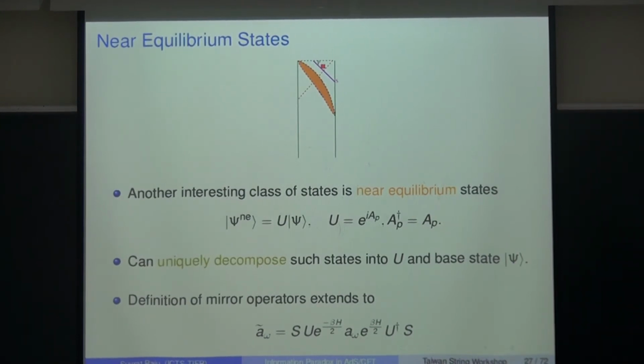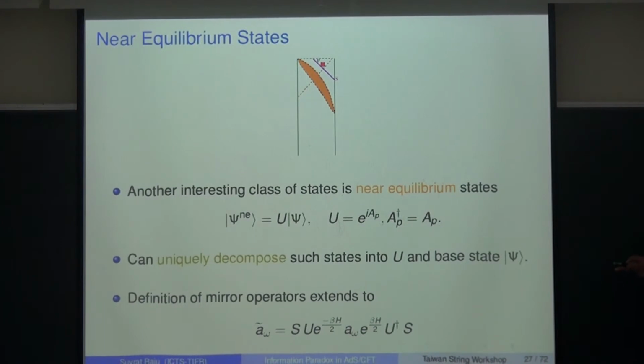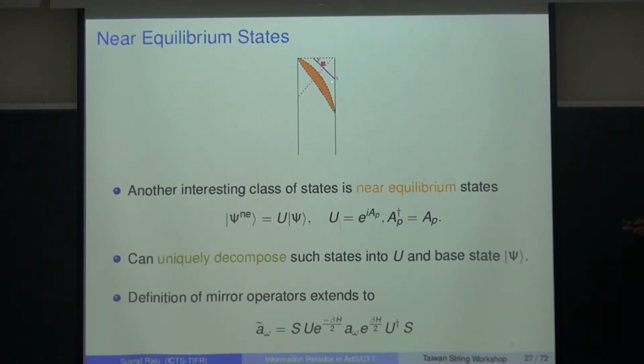So the definition I gave you previously was true for an equilibrium state, but you can have near equilibrium states, which is a state of the following kind. You form a black hole, you wait for some time, and then you send in an additional laser beam from this point here. Okay? So there's a guy at S who sends in a laser beam, and then somebody else jumps in and tries to measure correlators in this red square. Okay?